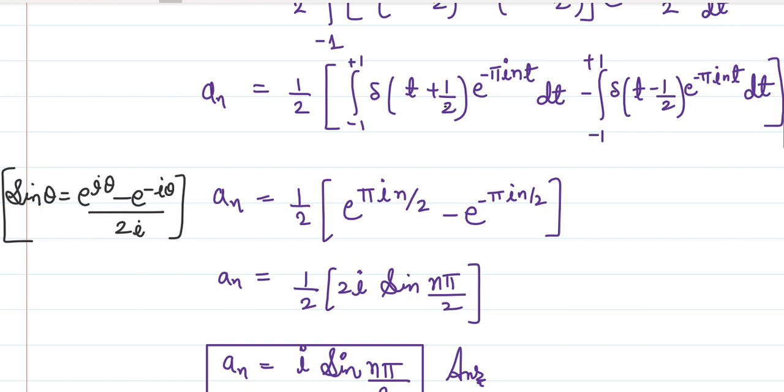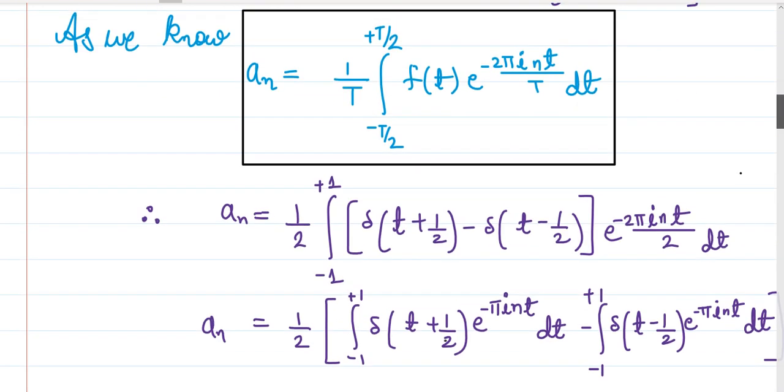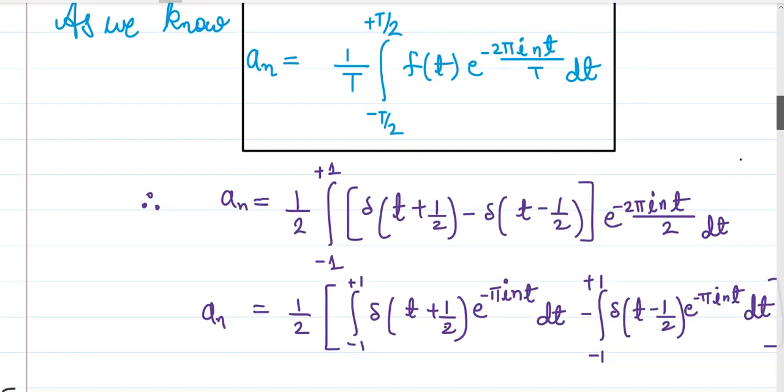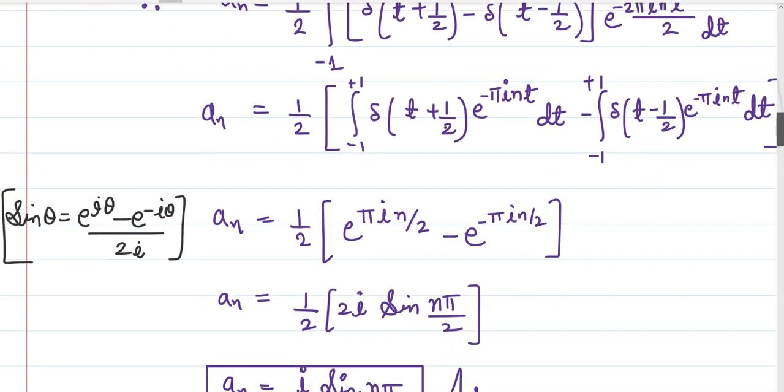So guys, if you remember the properties of the Dirac delta function, if you know how you are going to find the amplitude there, you are just going to divide that by the time period, and you are going to easily find this answer within seconds. So I hope this explanation will help you a lot. So that was a question from June 2015 part B.